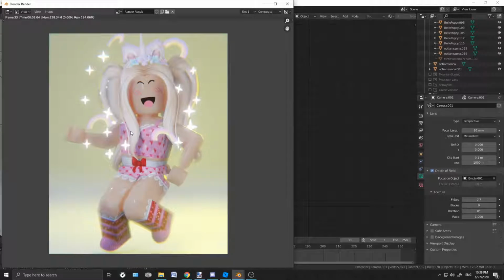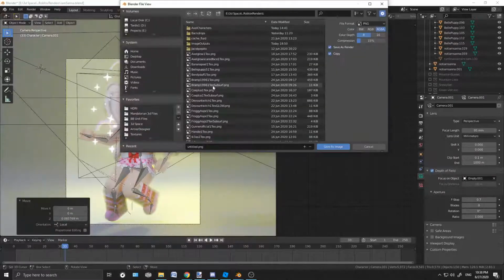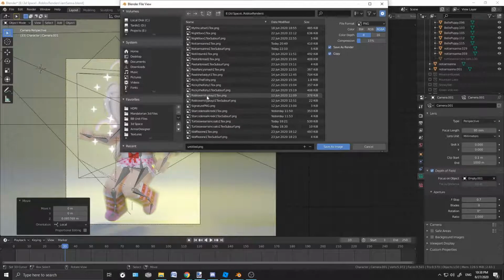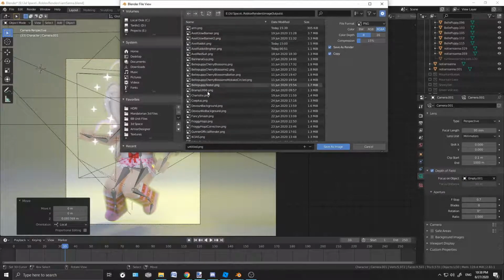I think that's looking really nice. The balance and the composition, I think it's right where I want it to be. So now that I have it like this, I'm going to go to Image, Save As. Let's see. We want to save it into image outputs because we're outputting a new image, and I'm going to save it as